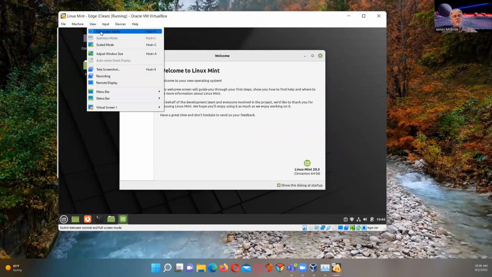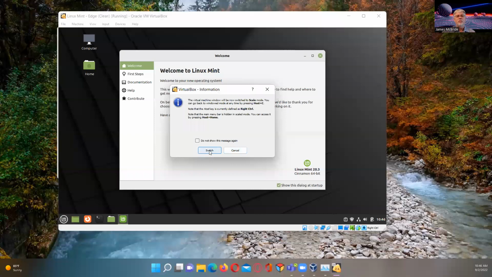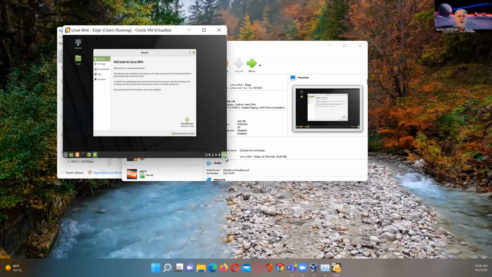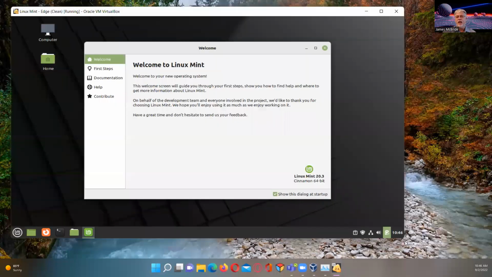Realize if you go into full screen mode, you need to know the host key, which is the right Control key, and F. Otherwise, you'll be like, how do I get out of this mode? How do I make this change? I actually like scale mode. And so it says right here, note, by pressing host C, they mean whatever that host key is, and that's Control. So, whoops, it jumped over to the other screen. So there it is, scaled, meaning that I can now make this as big as I want, and it will do its best at scaling that